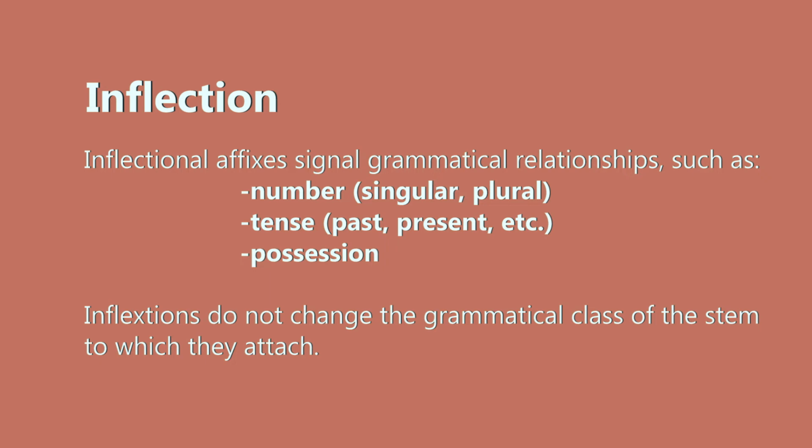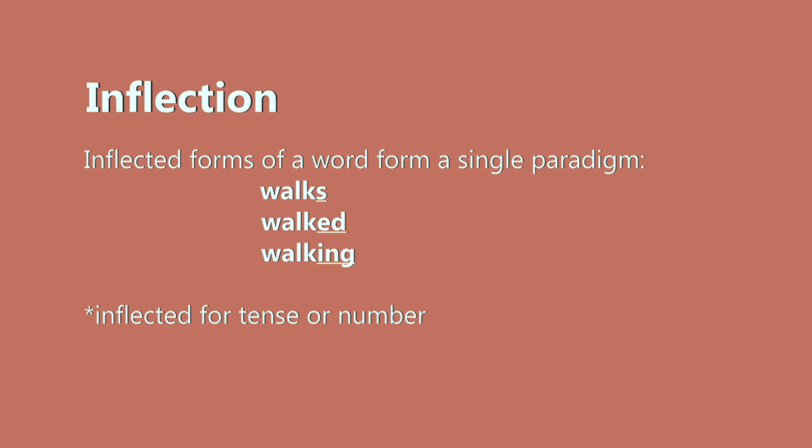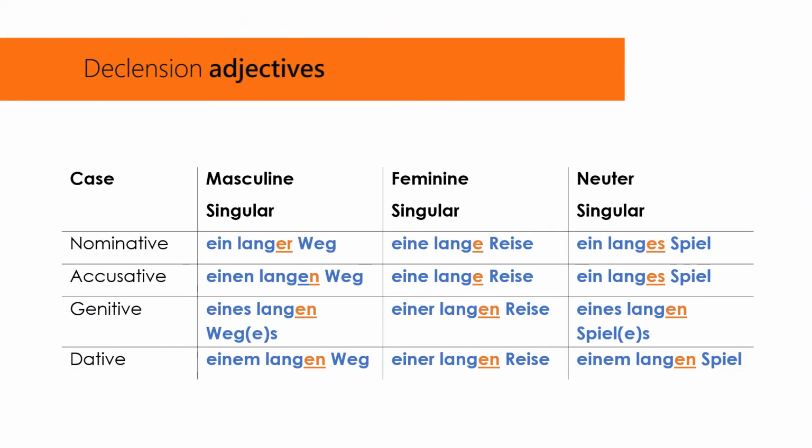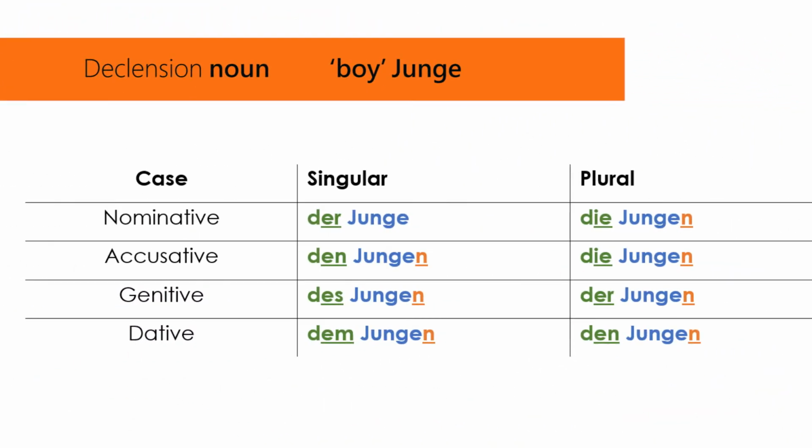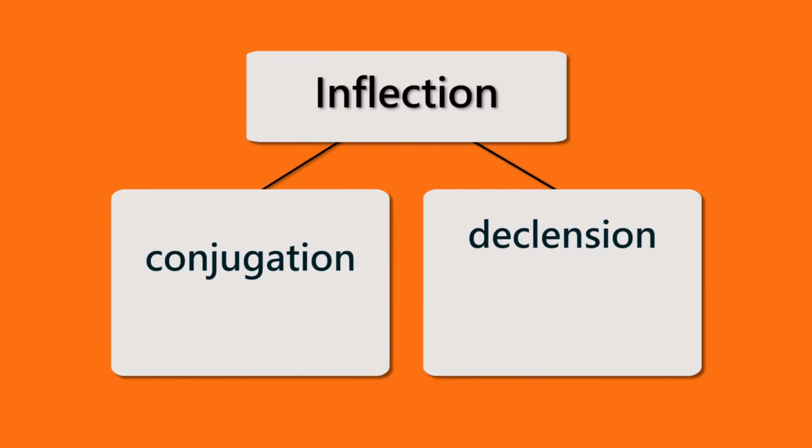When you inflect a word, you could be conjugating a verb, like in English here we have examples. Walks, walked, walking. These are different inflections on the English verb. Or you could be declining a German adjective or a German noun. In all of these cases, you're engaging in inflection. It could be about the verb, which is conjugation. It could be about noun, adjective, etc., in which case it would be declension. Basically, I have kind of answered the title of the video. What is declension and conjugation and inflection? You conjugate verbs, but you inflect nouns and adjectives.